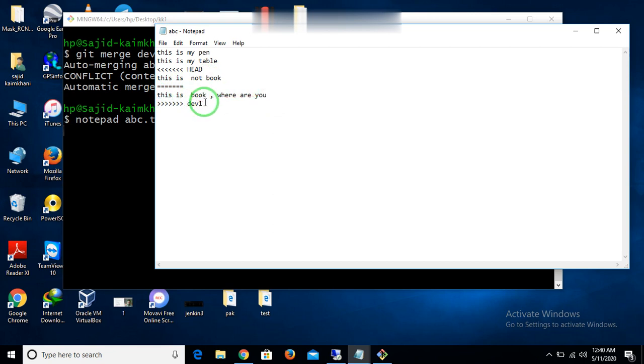In order to resolve this, if you think this is the good one, remove these markers and the other part. For me the master is the right one, so I will delete this and this one. Then I just save it.